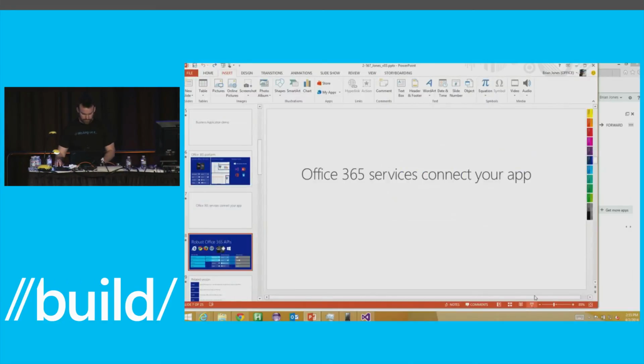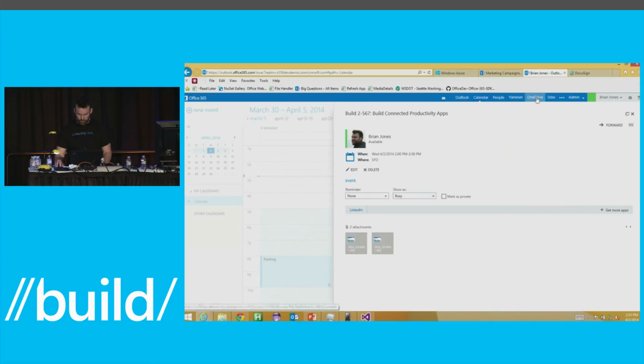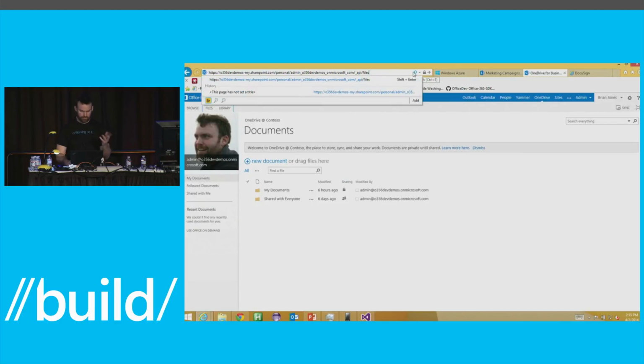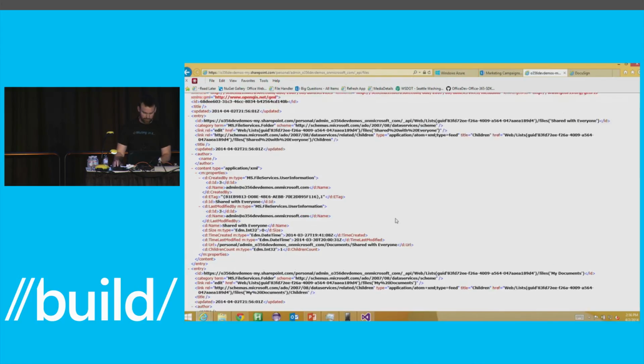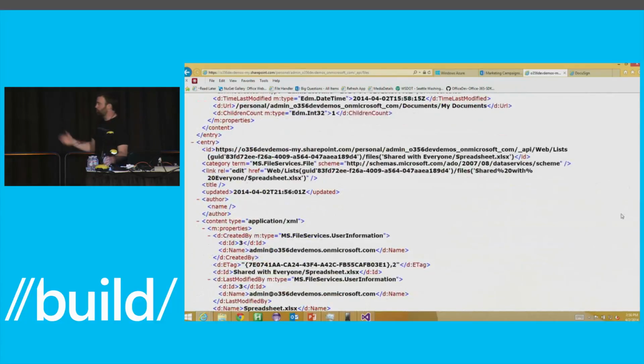In fact, a really easy way, if you just want to go and check it out really quick, is if you go to your OneDrive, you can see your set of documents, and you can just say underscore API whack files at the end of your OneDrive URL, and you'll see that RESTful call you get back. I'm sure you can all see that because it's really nice, tiny font. But essentially, this just gives you a nice RESTful set of information that comes back. It's actually OData that lets you scan the set of documents in the OneDrive.